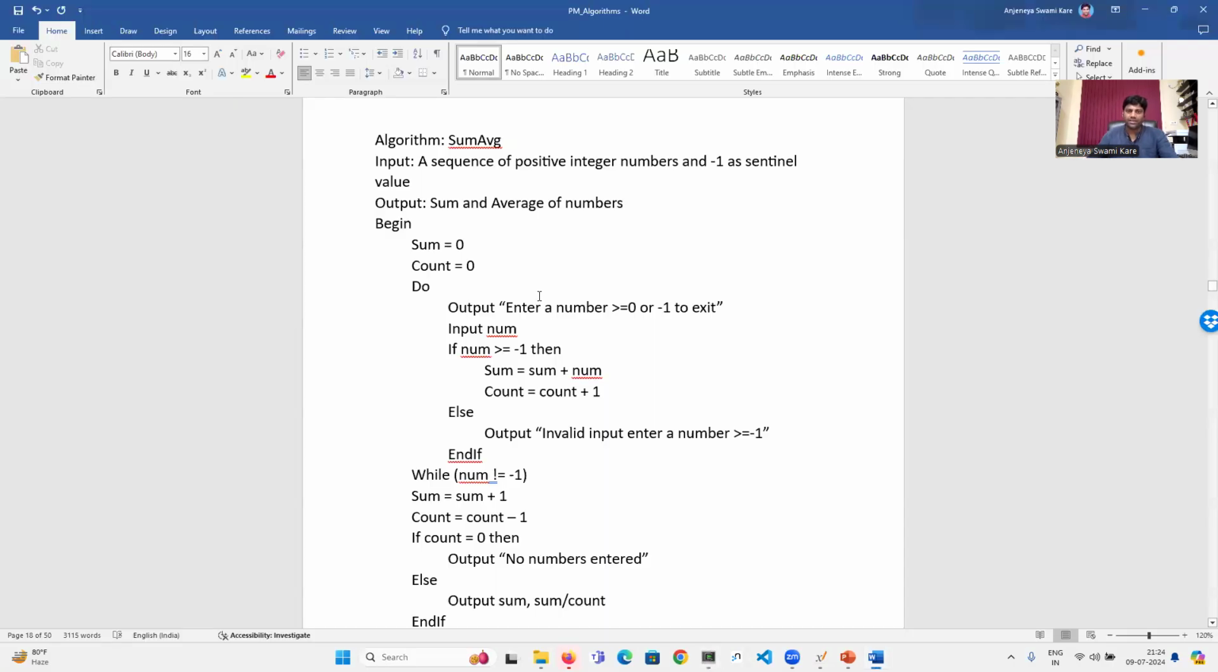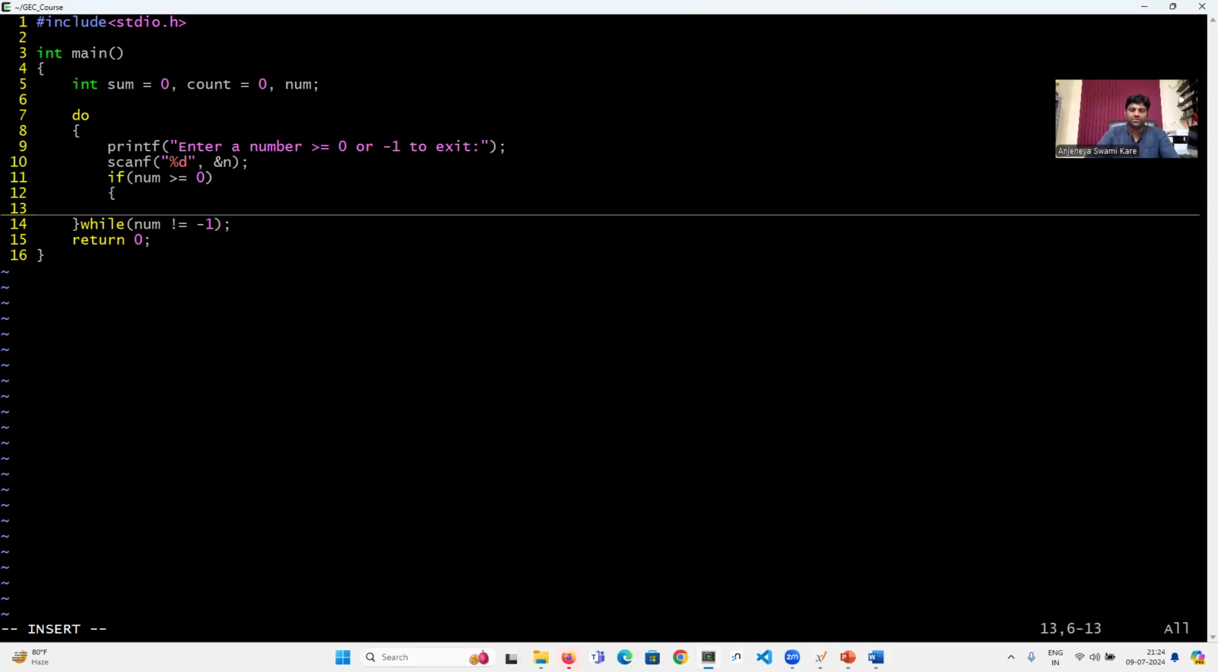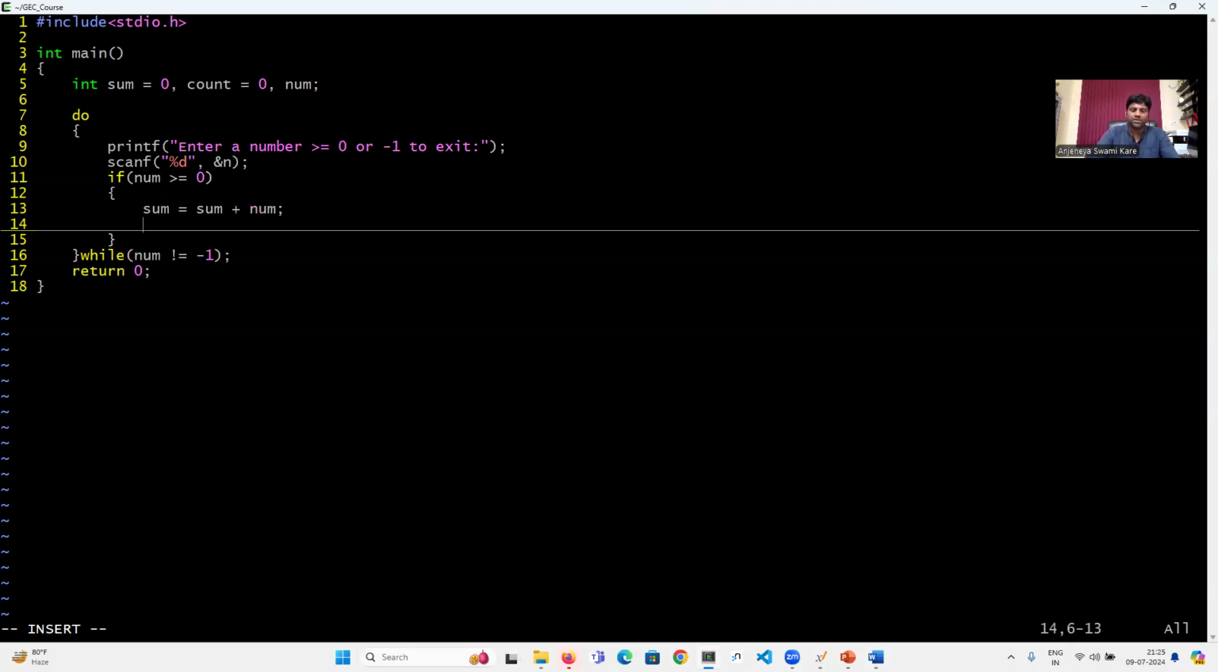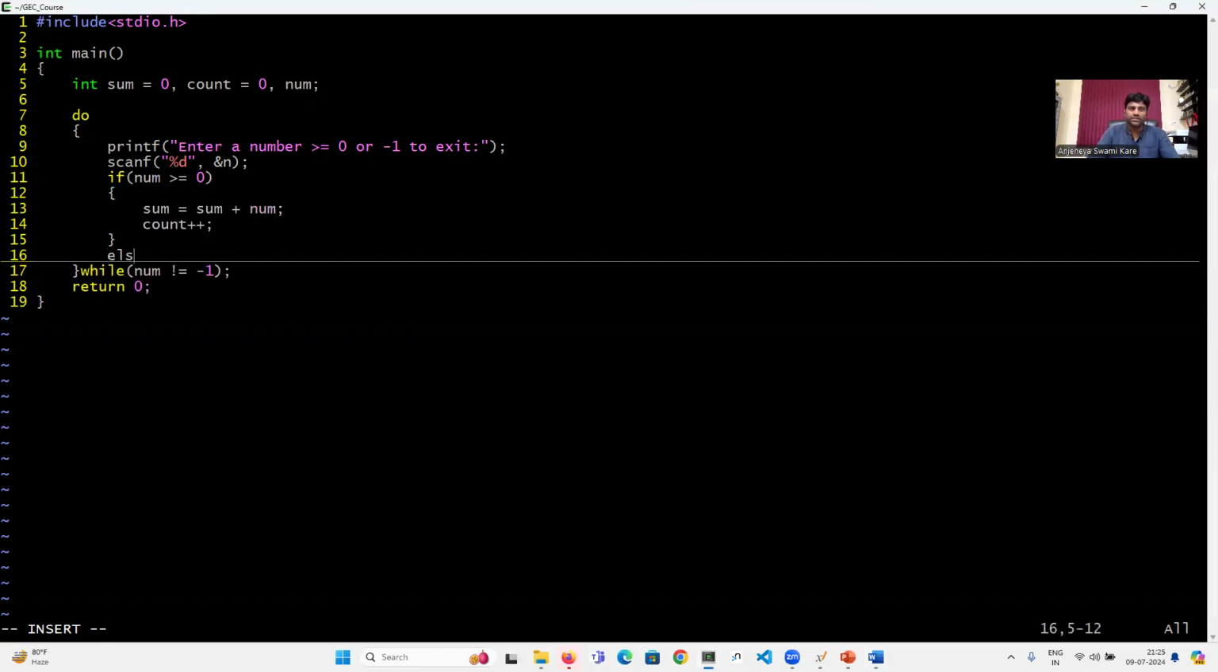Okay. Next, I will write differently here. If number greater than or equal to 0, this is the valid input. Then sum equals sum plus number. Count plus plus. Count equal to count plus 1 is the same as count plus plus. We can do a count plus plus. Okay. Else,